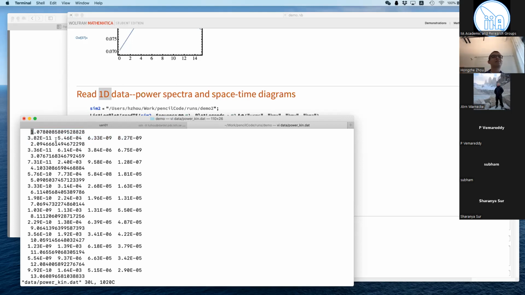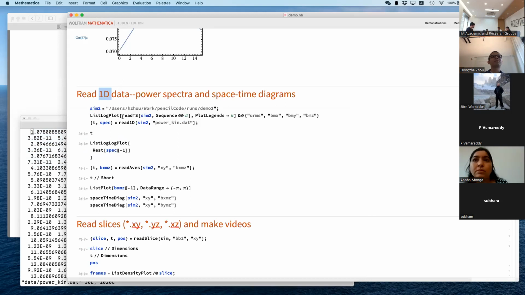Strictly speaking, I shouldn't compute the power spectrum here, but anyway, we should have 4 columns here, which is written in 1 line. If you have 512, say, resolution, then it will be 256 columns in the second line. Then the third line is again the time, and the fourth line is the data, and so on. So by 1D data, I mean any data file which is structured in this way, like time and data line by line. Which means this reading procedure not only applies to power spectra, but also